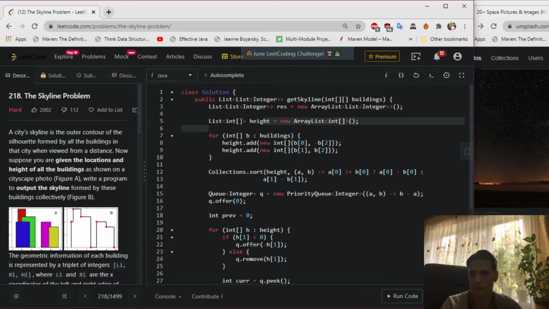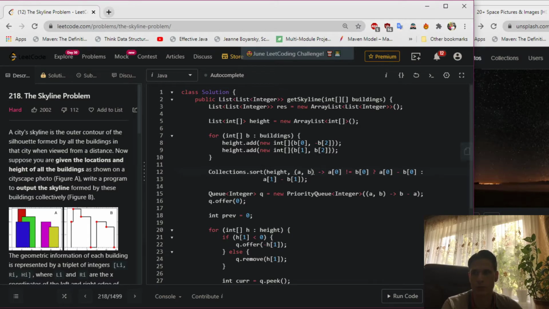You're looping through these buildings, you add the left pointer and the negative height, and the right pointer and the positive height. You sort this height such that, in increasing order, you compare the left pointers. If they're not the same, you pick up the smallest one, and otherwise you just pick up the smallest one